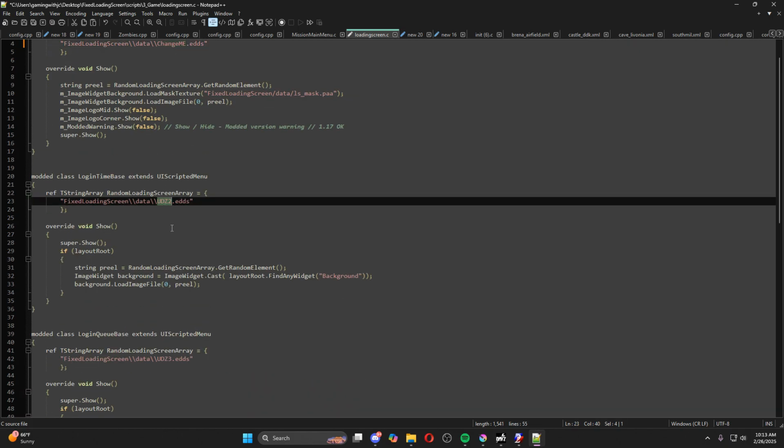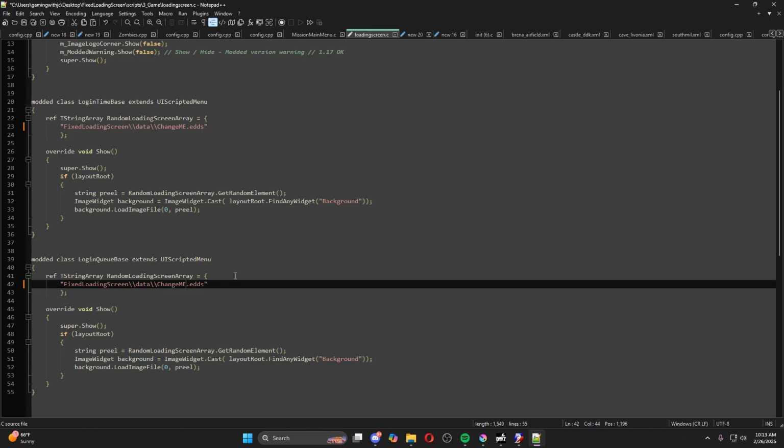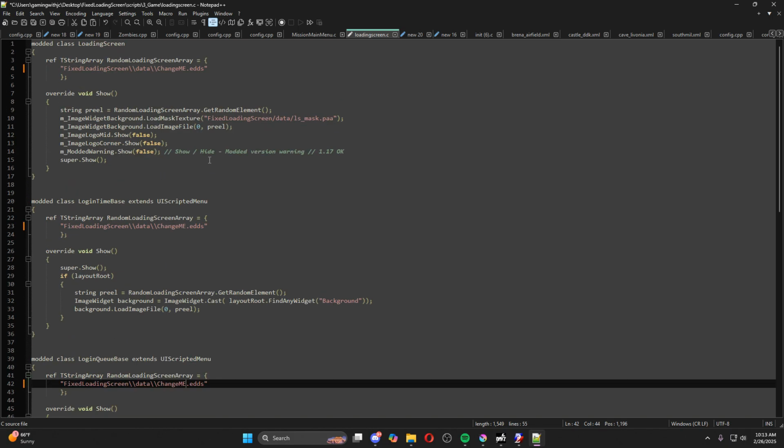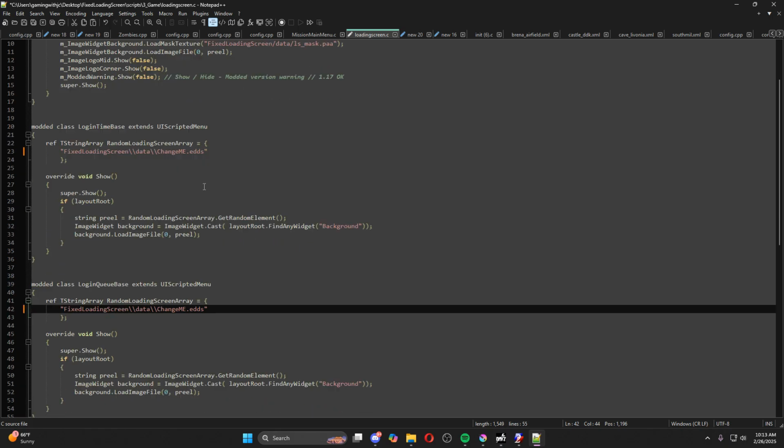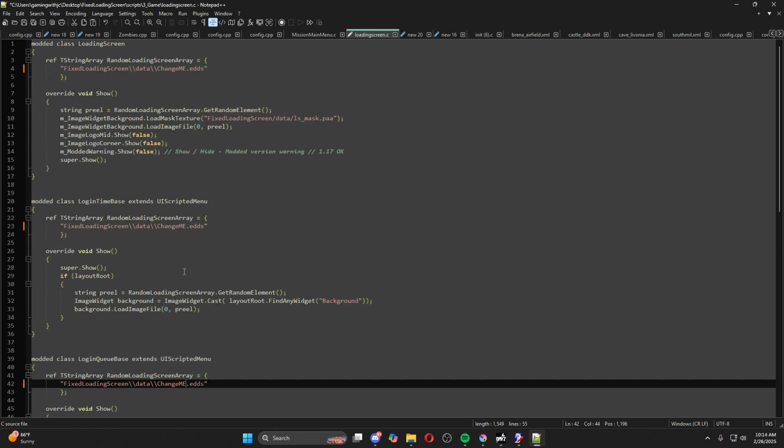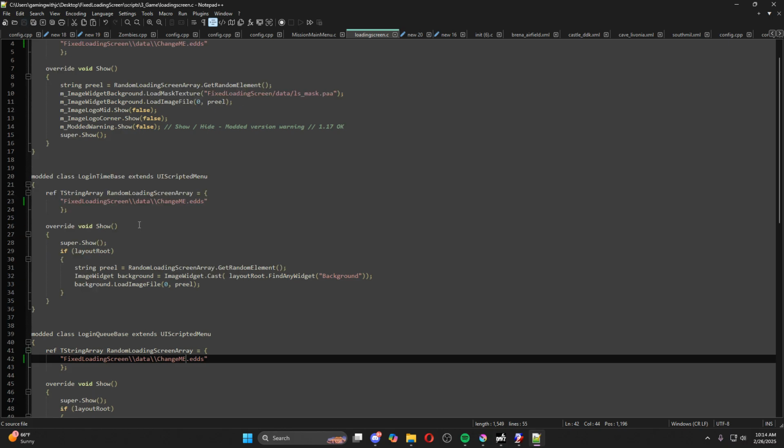Copy that, copy this, and we'll put it here. So this is how you could have, basically, three different loading screens if you wanted to. Here would be your 1, your 2, and your 3 if you really wanted to do it that way. We're just going to use the 1, so we're going to put all of them to